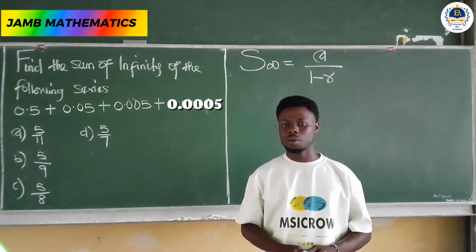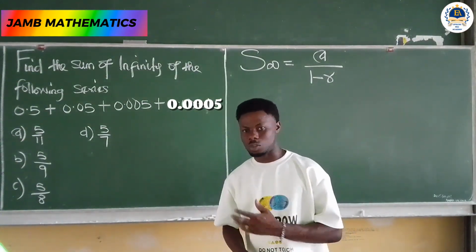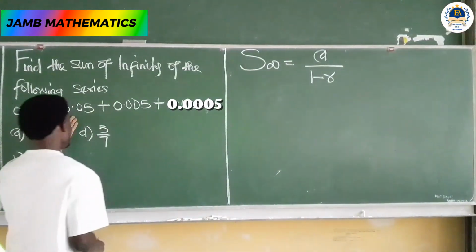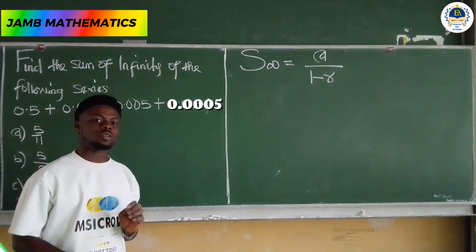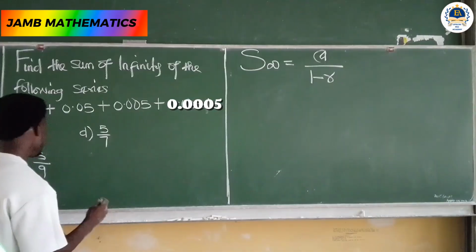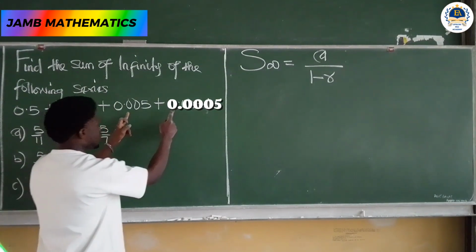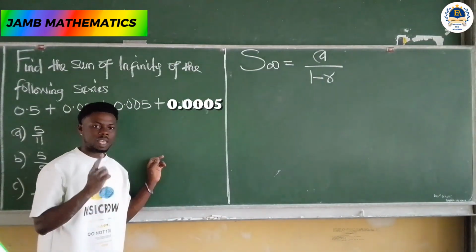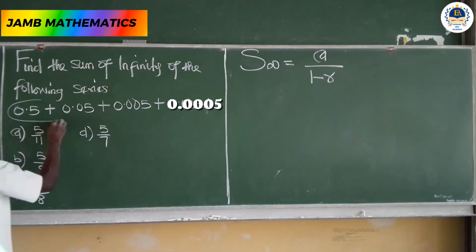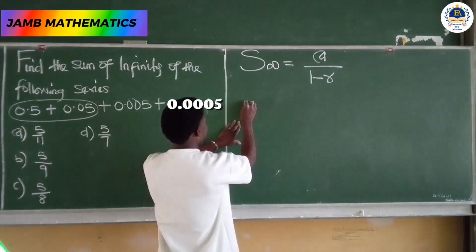And this common ratio can be determined by getting the ratio between two consecutive terms from the sequence on the board. So on the board we have a sequence of 1, 2, 3, 4 numbers given. To get the common ratio, we pick any two consecutive terms. It could be these two, or these two, or these two. It must be two consecutive terms on the board. So let us pick the first two. To determine the common ratio R,